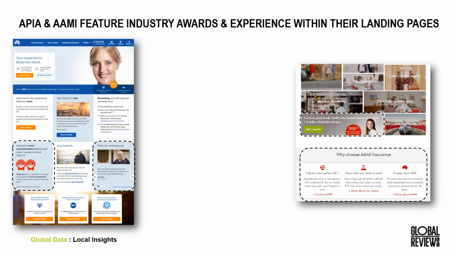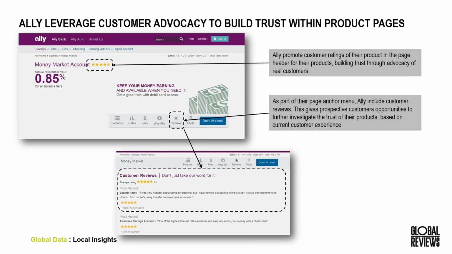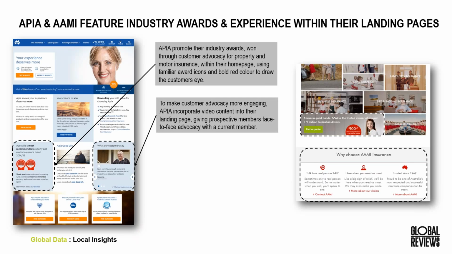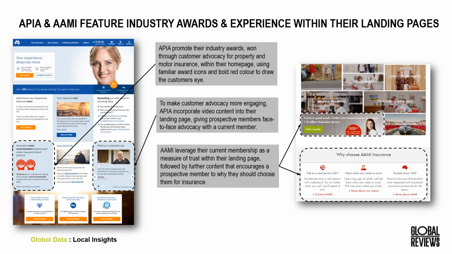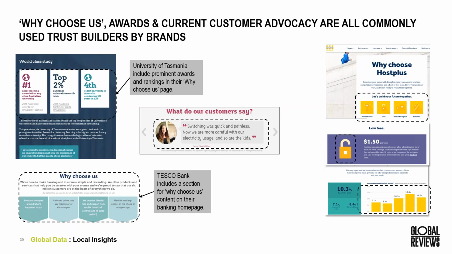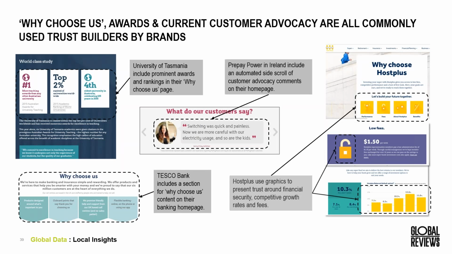Again, AMP and Apia also use trust very quickly. They show industry awards on their website and also use the colour red to highlight the awards very prominently on their site. AMP as well also uses colouring, which is their signature colour, and they include trust statements around the size of their membership. Finally, we can see universities also use these trust statements by using industry awards around where they rank as a university.